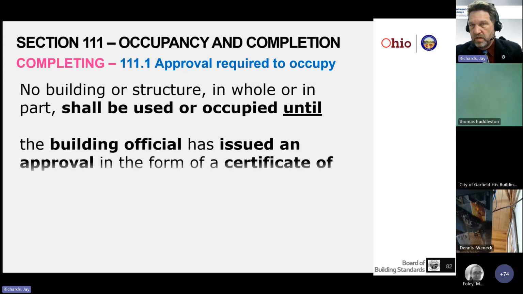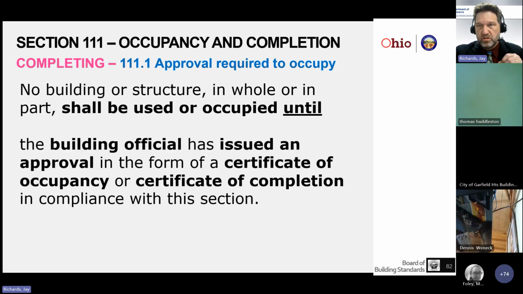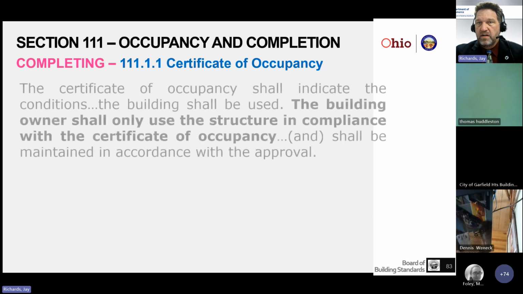So it starts in 111.1 where no building or structure in whole or in part shall be used or occupied until that building official issues the certificate of occupancy or certificate of completion. And we'll get into the difference between those two in a little bit. So a certificate of occupancy